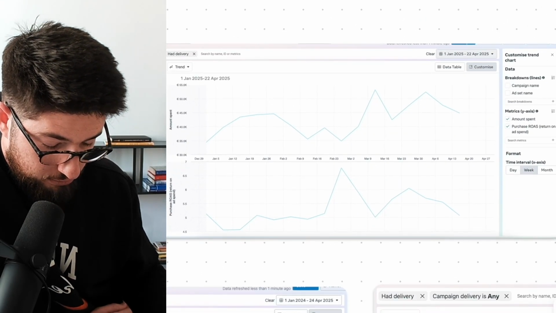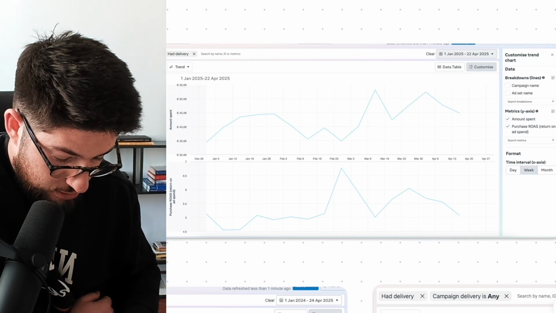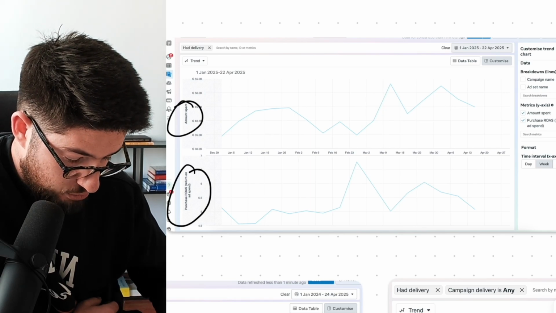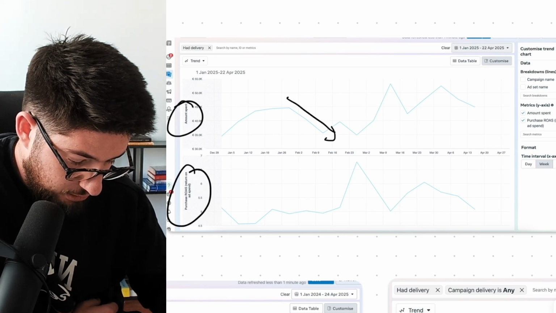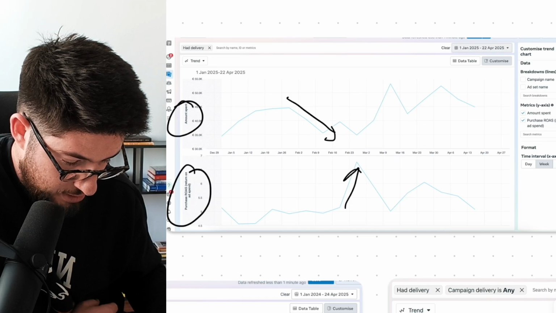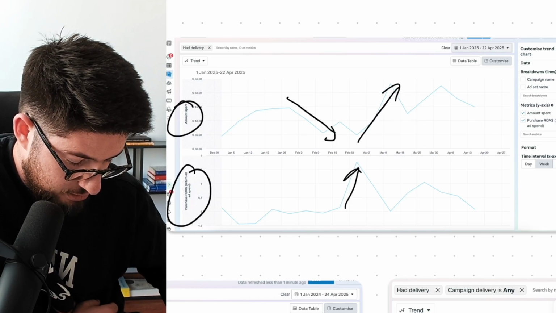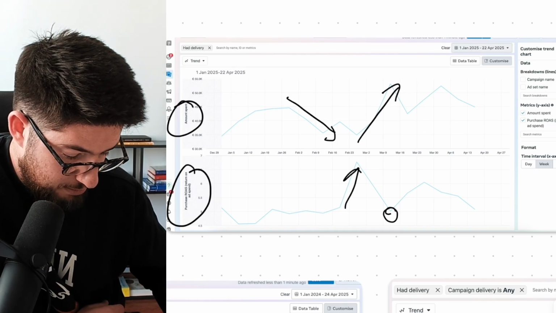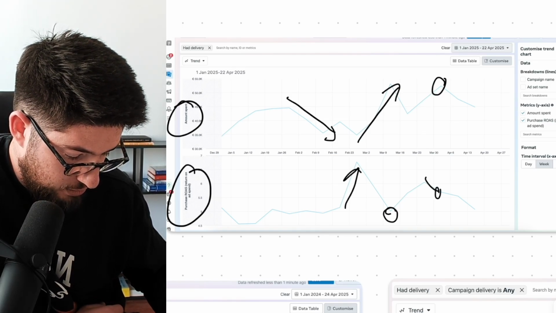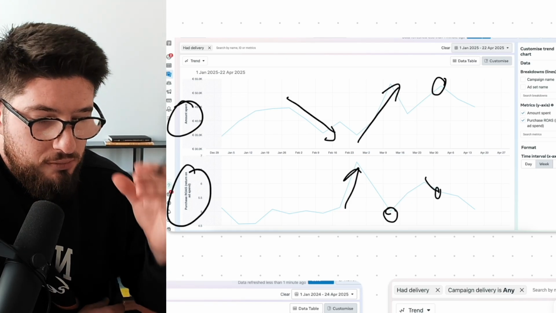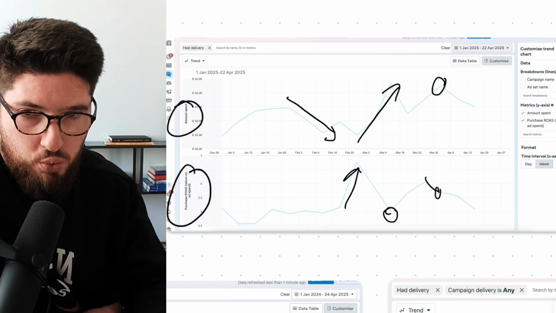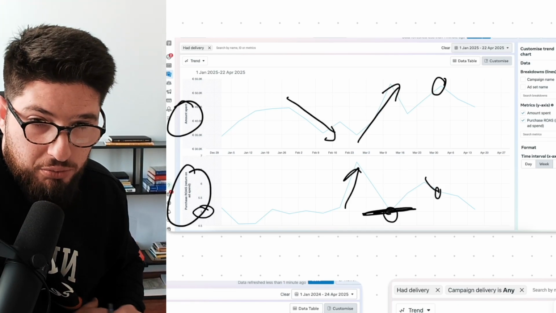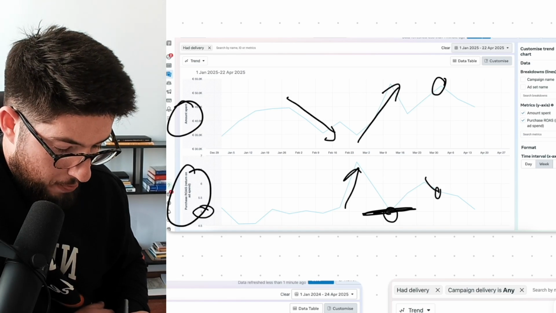It's a typical thing, and you see it here. Here you can see amount spent, and here you can see ROAS. As soon as I decrease my budget here, my ROAS goes up. And then as soon as I increase my budget here, I hit a bottom in my ROAS. It's usually the same thing. Make another peak here, ROAS goes down. It will always go down. The question is, does it go down to ROAS 1 or 2? Or do I at least stay at a ROAS of 5? A ROAS of 5 is good for me at scale. So that's the number one question.